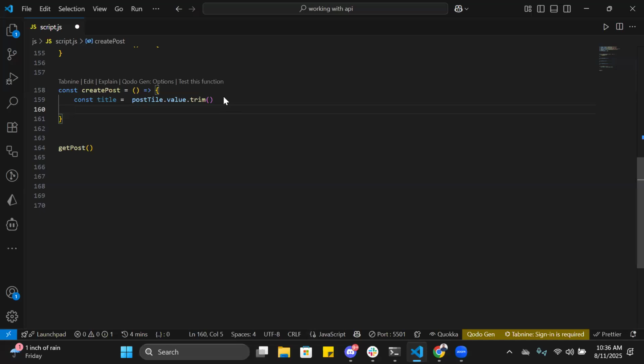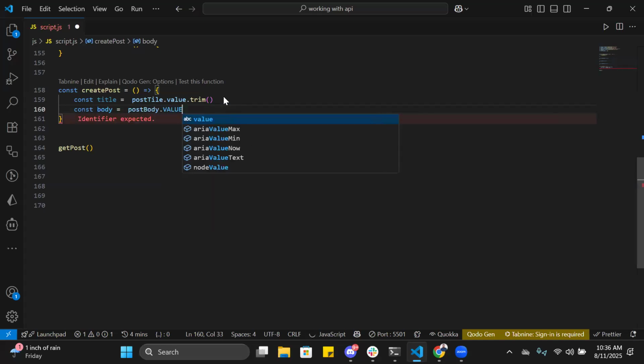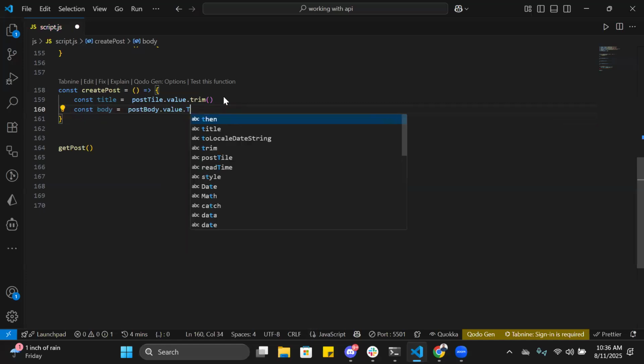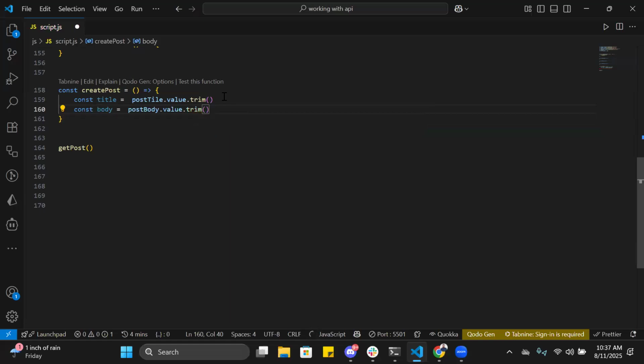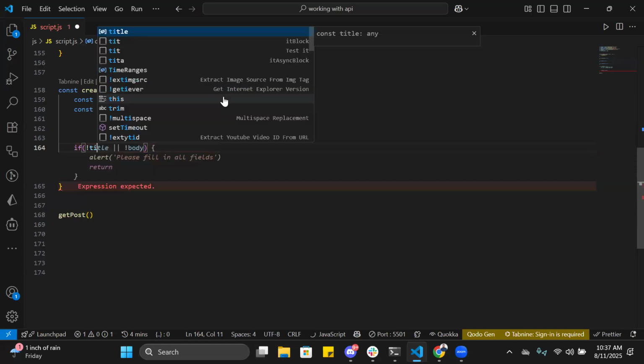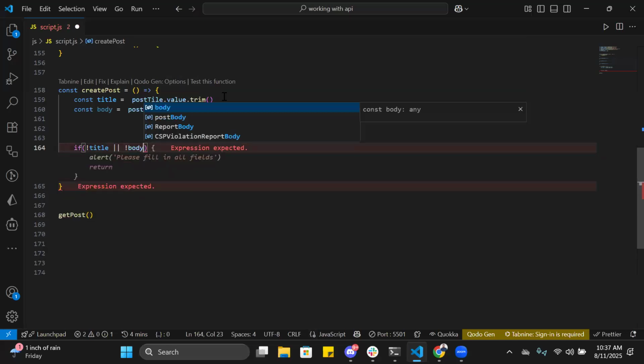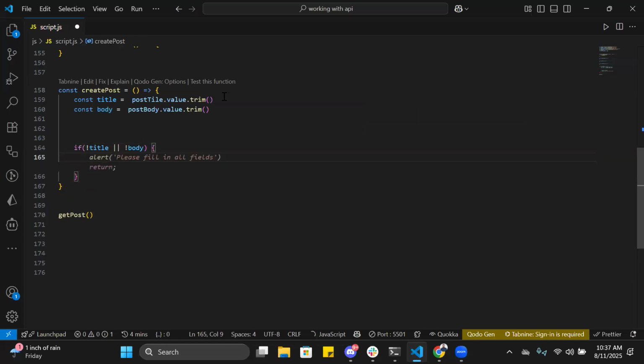We're also going to do it for the post body. Post body equals postBody.value.trim. So that is what we have. And we'll have an if statement: if there is no title, or there is no body, we'll simply throw an error saying